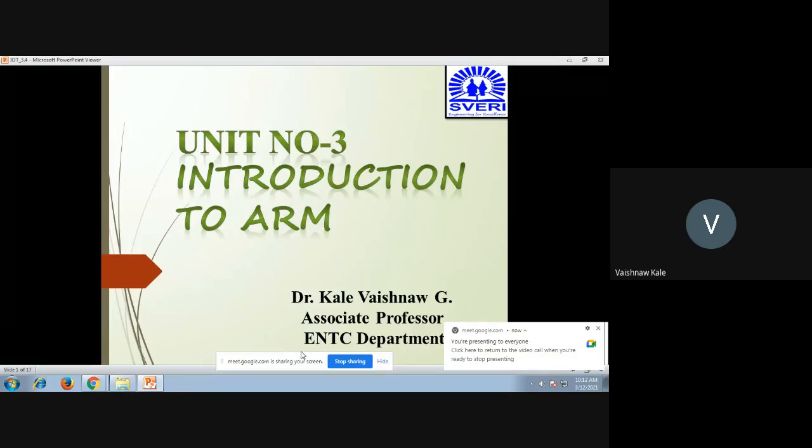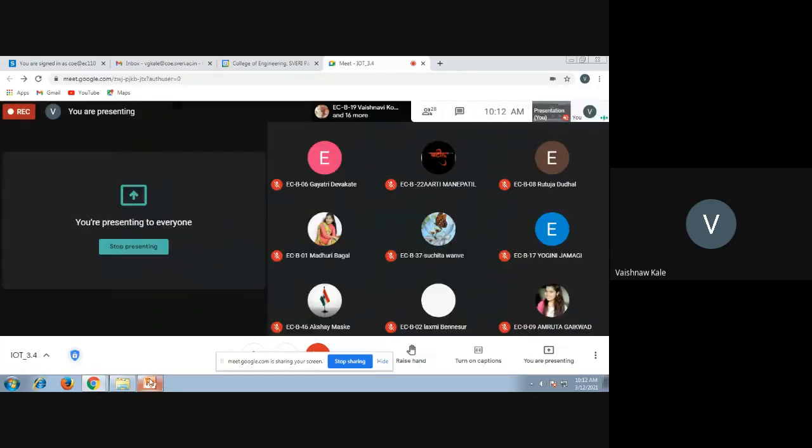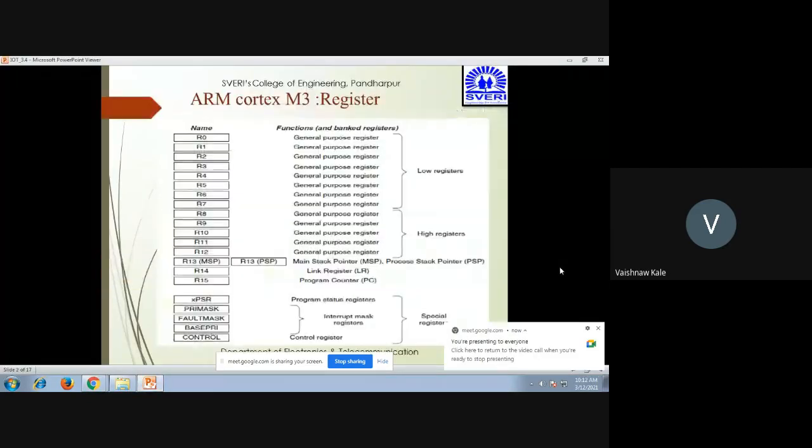Resistors, and we have also seen which kinds of resistors there are, and accordingly we have been studying the resistors. So today we'll move forward and see once again the resistor slide. We were on these resistors. Today will be a little bit interesting: how to write small codes for the resistors, how to read resistors, how to write into the resistors. All these things we are going to study.